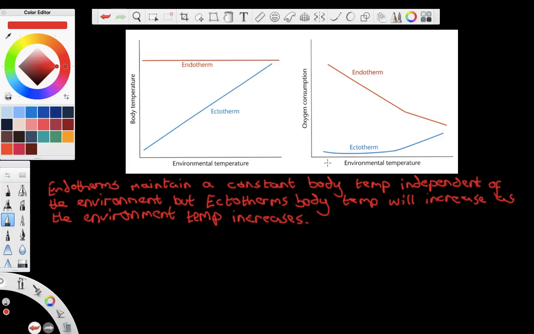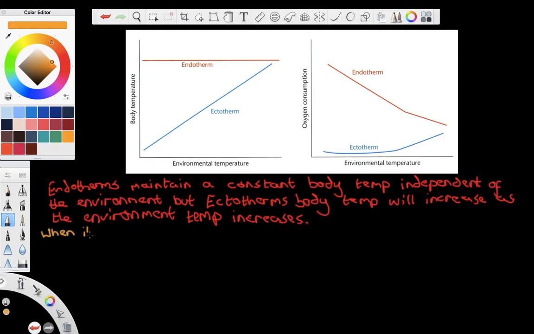Therefore, when it's cold, they are using lots of oxygen in order to do lots of respiration to keep their body temperature at 37 degrees Celsius. And when it's warmer, their cells don't need to do as much respiration because the environment keeps their body temperature about there. Okay? So we can say that